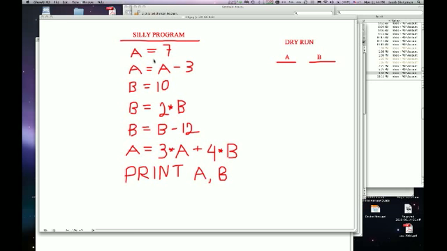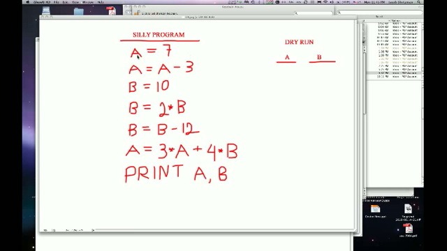And the program is executed normally from top to bottom, and we read it from left to right like we read English. So here I have another thing, and this is another term that you have to learn. It's called dry run. Dry run meaning you go through the program and you try to simulate what the computer will do. But you're not a computer, you're a human being, so that's why it's called a dry run. So let's dry run this program and see what the values are that A and B are getting at every